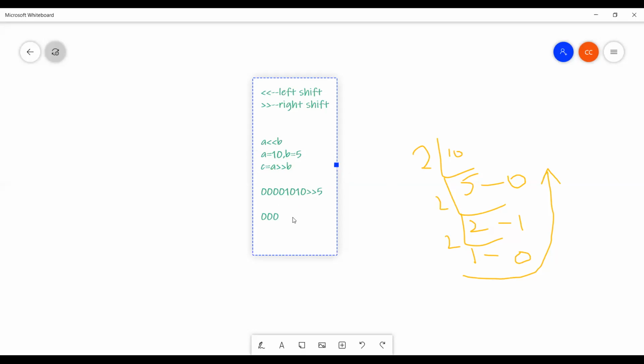If you drop these 5 values, the value will be 0, 0, 0, 3 zeros. Okay. And you add 5 zeros at the left side. Suppose I add 5 zeros here. That's all. Finally, what is the value? This value is 0 only.